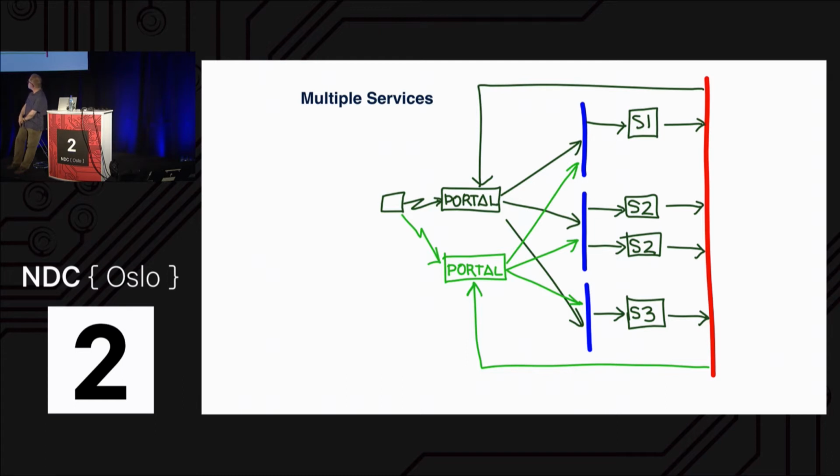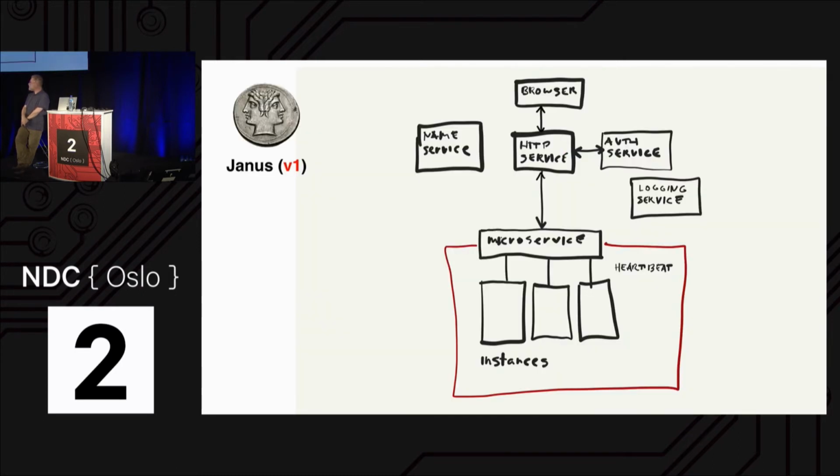Now, I started out with Mongrel, and then I started thinking Mongrel's not good enough really for doing a microservice system. It doesn't handle security particularly well. There's just a bunch of things about it that I didn't like. The fact that I had to implement services using brokers was the worst part, though. But even then, I started building a microservice platform, which I'm calling Janus.